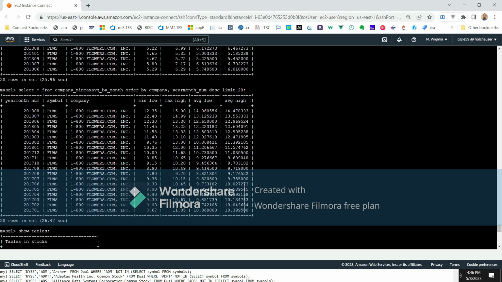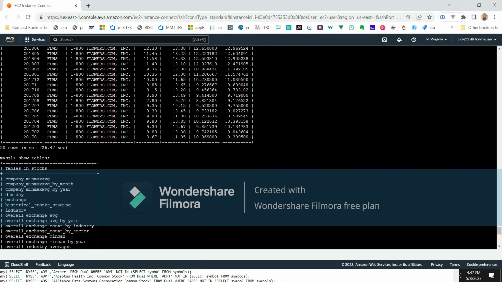So some of the data that I was looking at was I was taking, grouping by company and by month, and this is a view I created, and then I was looking at inside of that monthly period, what's the minimum of the low price and the maximum of the high price,